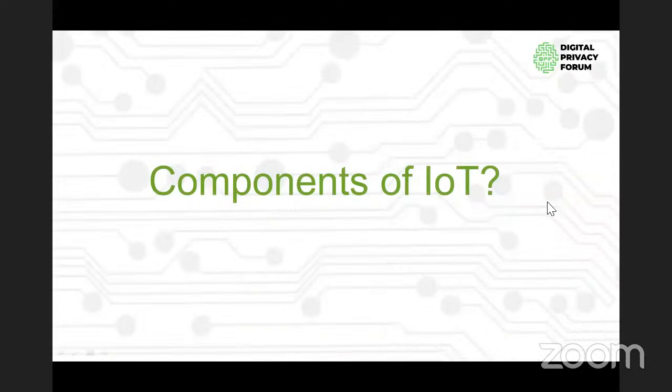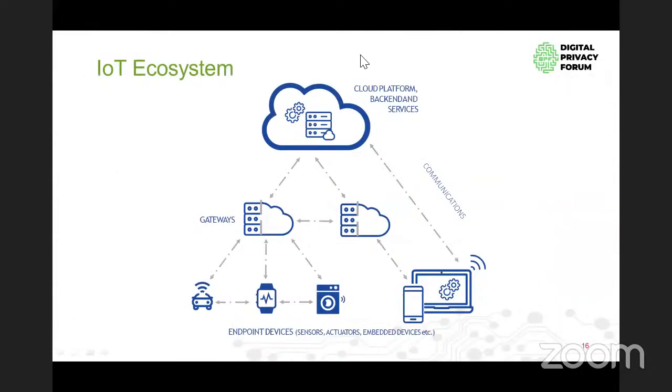So let us get again into components of IoT, as I explained to you before. You have something called endpoint devices. Endpoint devices are very close to the end system or the customer system or the infrastructure. So the endpoint devices could be sensors, actuators, or embedded devices. Like a smart watch or wearable watch, which monitors your, for example, blood pressure, right? Which monitors your temperature. Or you have a smart washing machine, or you have a smart car, which